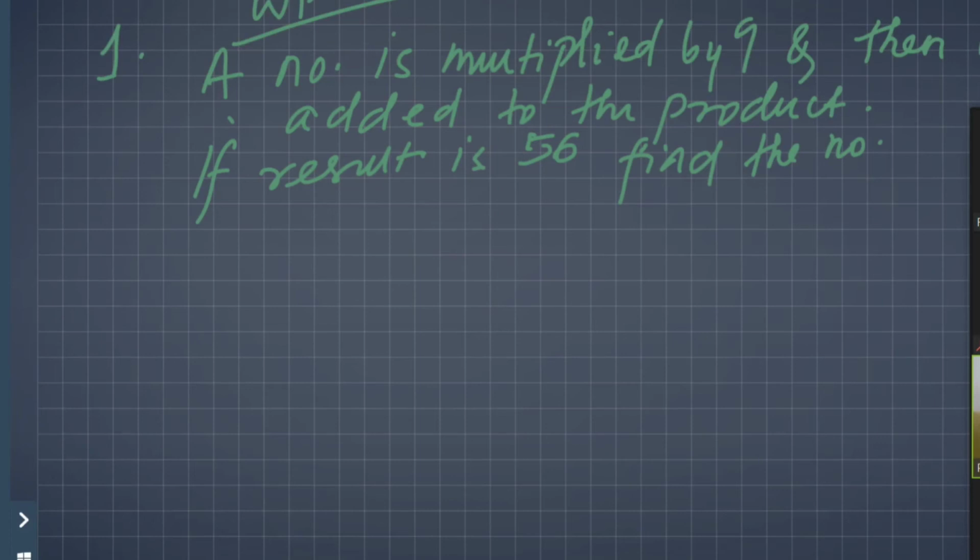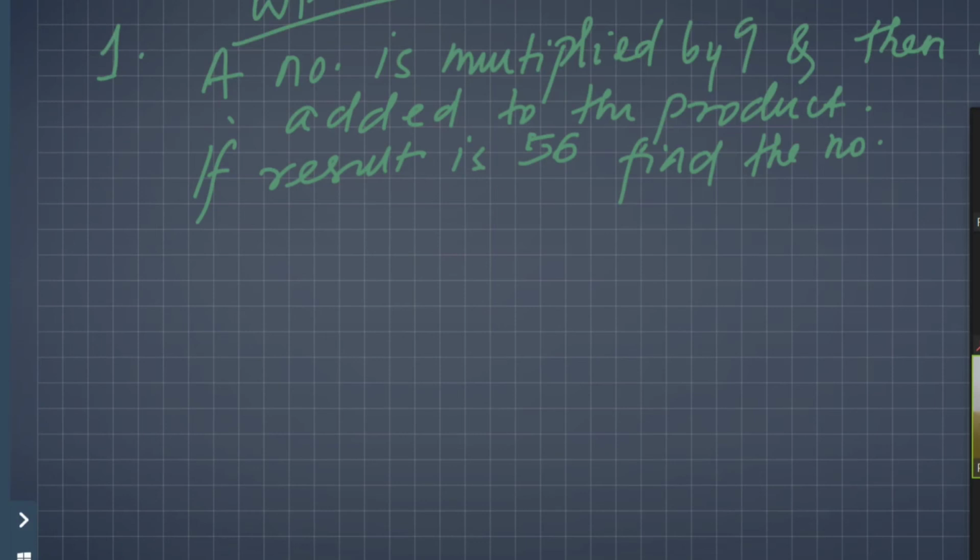I hope this part is clear. And what is the result of this addition? The result is 56, so write down 56 here. So 9x is equal to 56 minus 11. Why? I am taking 11 to the other side of the equation where it will be subtracted. So 56 minus 11 gives me 9x is equal to 45. Now 9 is multiplied with x, so I take it to the other side of the equation. I will get x is equal to 45 divided by 9, which gives me 5. So the number, which I called x, is actually 5.